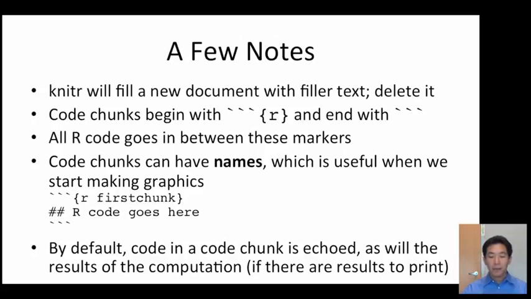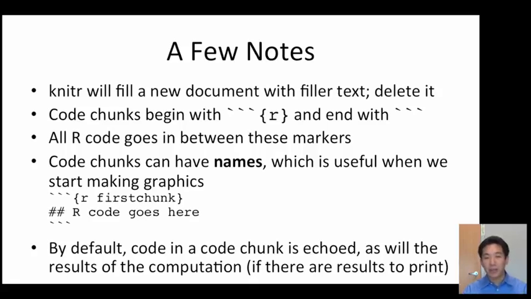So, for a couple of things. First of all, when you create the new knitr document in RStudio, it will populate that document with some kind of generic filler text. So the first thing you probably want to do is just delete it, because that's most likely not going to be relevant to whatever you want to do. Code chunks begin with 3 backticks and curly braces with an R, and you end a code chunk with 3 backticks. All of your R code will go between these markers. Now you can have more than one code chunk. You can have as many code chunks as you want, so you don't have to put all of the R code